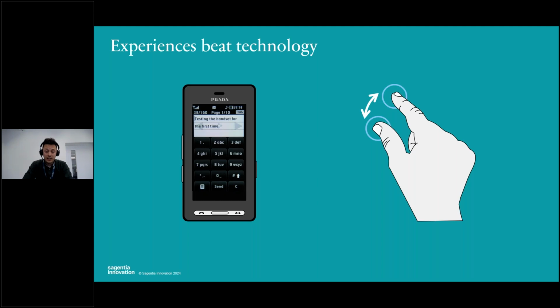Now, conversely, Apple had a completely different design methodology. They put a lot of their effort and energy into the experience. I'm sure you can all remember the first time you picked up a phone that had the multi-touch user interface that Apple really pioneered, that idea of using your thumb and forefinger to zoom, to open and explore a document, to expand or zoom into a map. It was completely different. It really differentiated how you could interact with technology, with data. And I think it was a fundamental reason why an iPhone became that blueprint that went on. Experience really does beat technology in this instance. And it's something that we see time and time again.